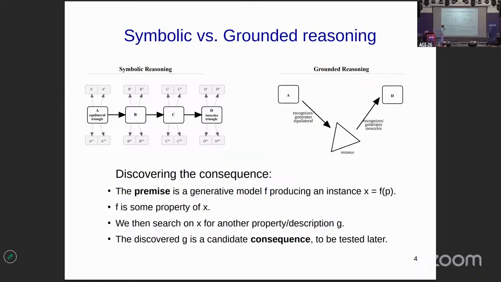What I rather want to suggest is if you have a generative model A, so properties should be generative models or world models, then you can just sample from it an instance of what you want to represent. In this example, an equilateral triangle, and then you do perception on that instance, and you perceive the consequence and derive the implication.